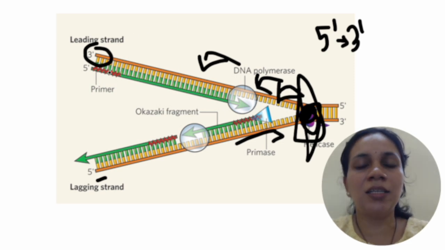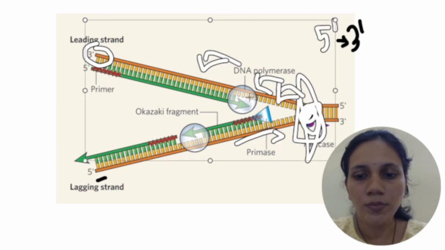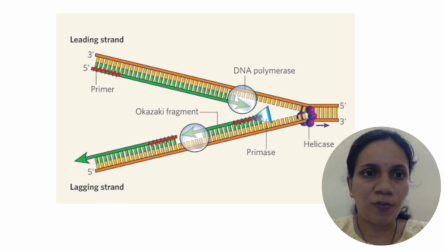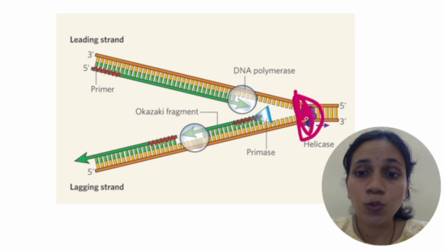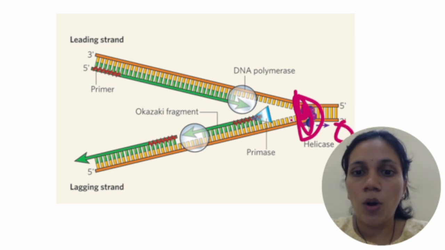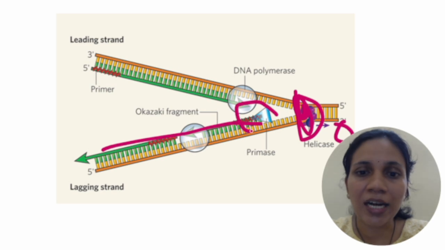It can keep on adding the dNTPs, whereas the problem is occurring over here. The problem is on the opposite side, the strand with the polarity 5 prime to 3 prime. Now your DNA polymerase is present over here, but it has to add the dNTPs towards the 3 prime, right? But it is opposite. So this side is open, right? It is always easier to add your dNTPs to the side which is open.